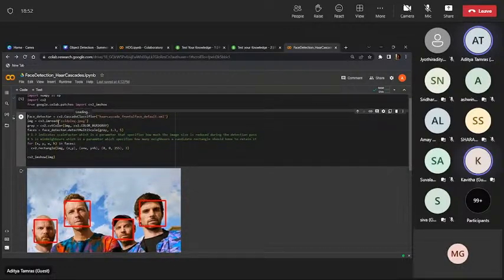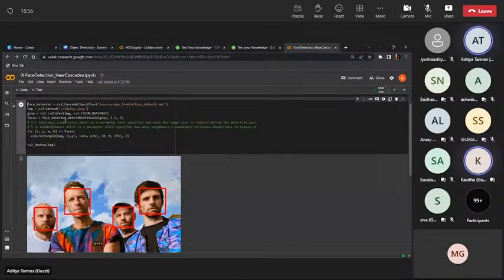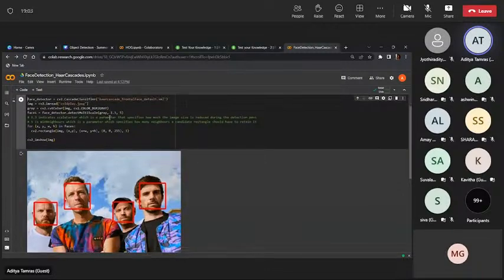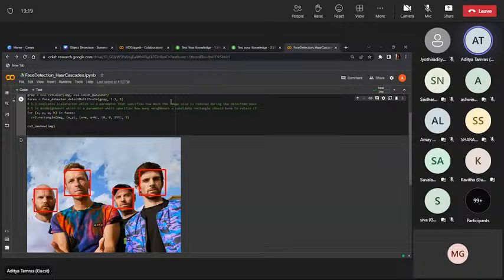It will read the image, and I'll have to convert it to grayscale as it is only able to understand grayscale images. So I'll convert it to grayscale, and then detectMultiScale is basically the function that runs the entire thing. So what is this 1.3 and 5? 1.3 is basically the scale factor. It is just a parameter